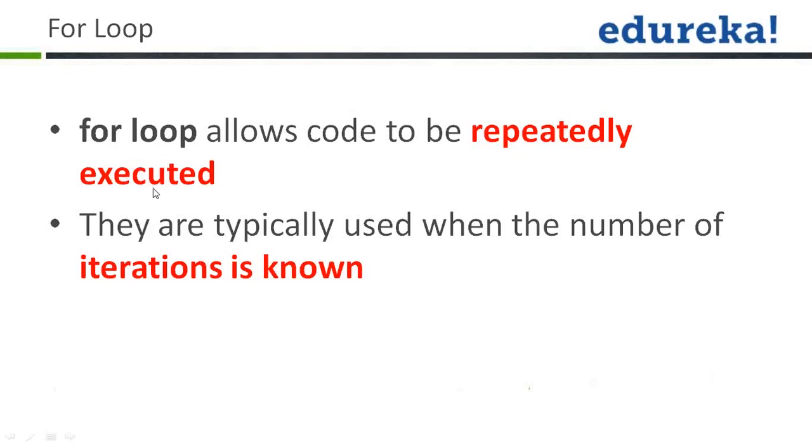There are three kinds of loop. Now when to use which loop? In case of a for loop, the favorable condition is if you know the number of iterations. If you know that the loop should run exactly 10 times, in that case you should always use a for loop. So this is what is written right here. If you are aware of the number of iterations, then always use a for loop.